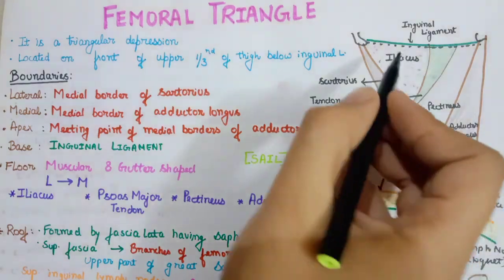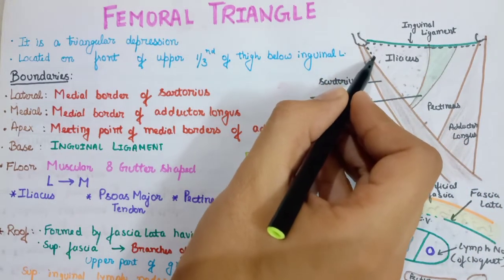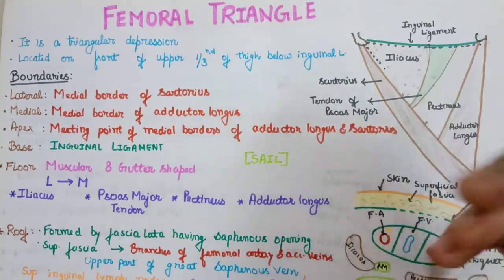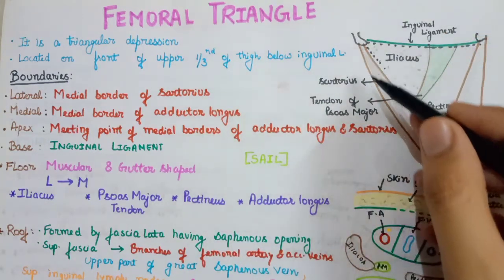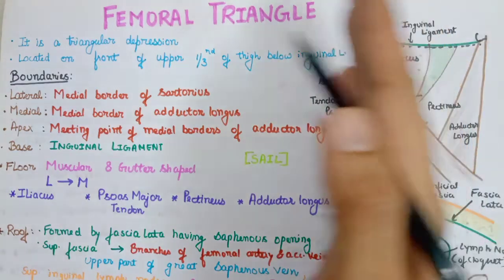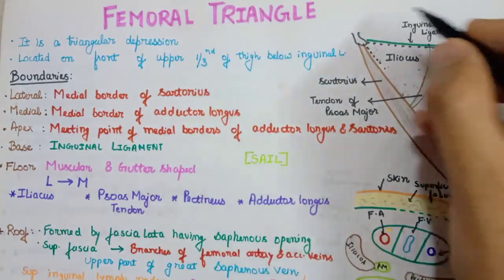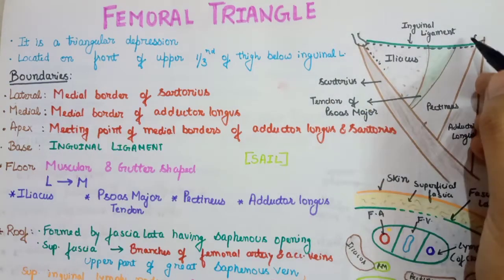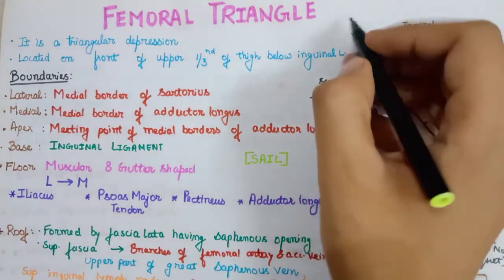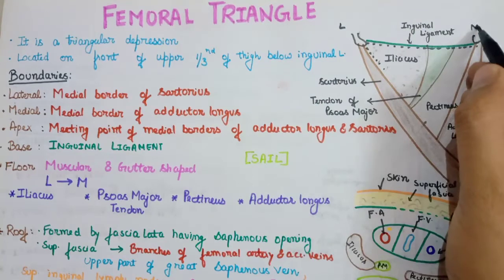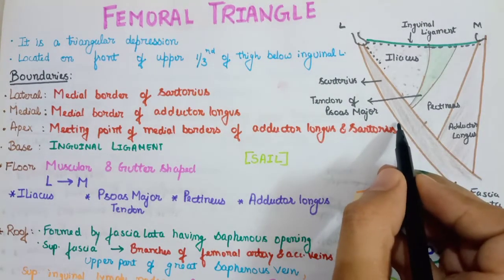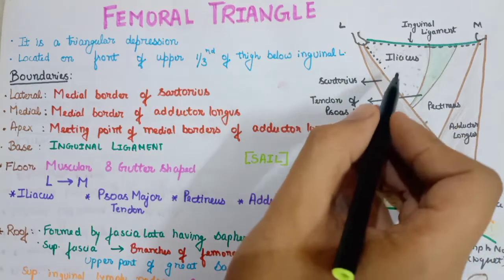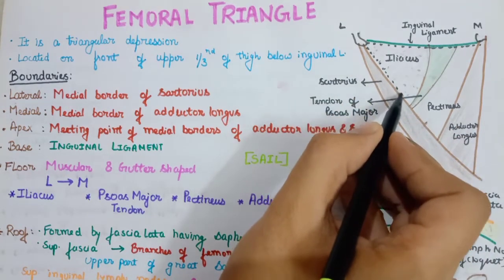Now we have to trace along the medial border of the Sartorius. As Sartorius is a long muscle, it will have some borders. So this is the lateral border because this is the lateral side and this is the medial side. Here is the ASIS, the anterior superior iliac spine, and here we have the pubic symphysis. So this will be the lateral border and this will be the medial border of the Sartorius. So you have to trace along the medial border of Sartorius,